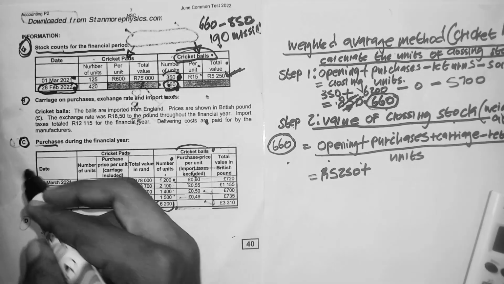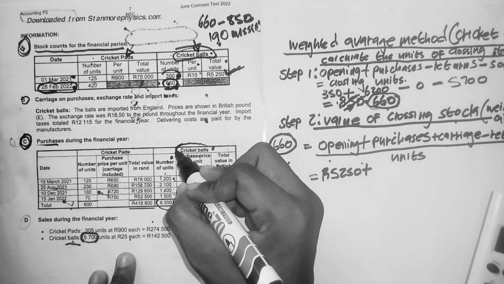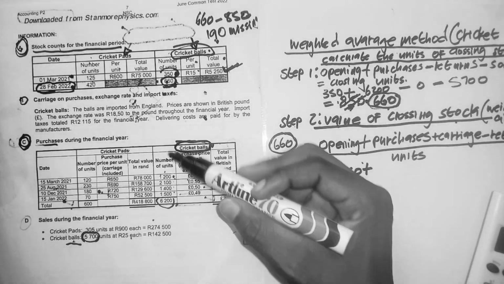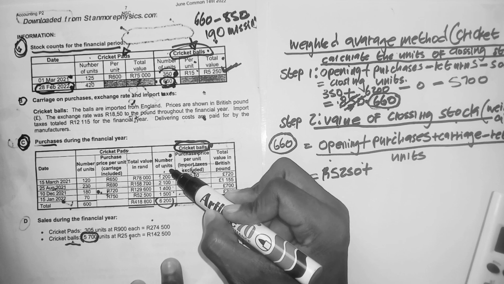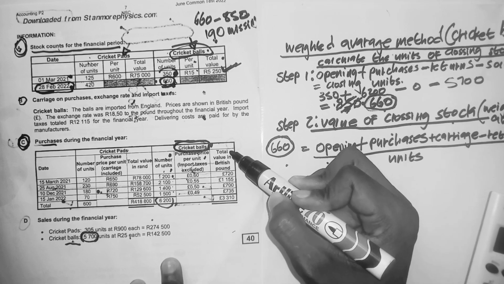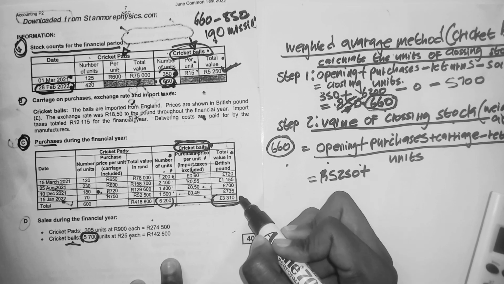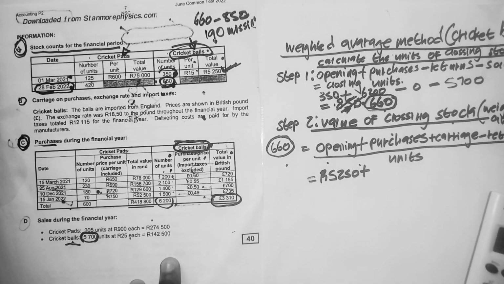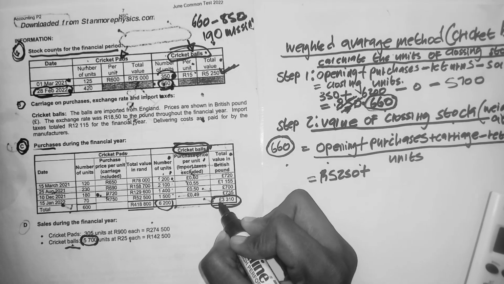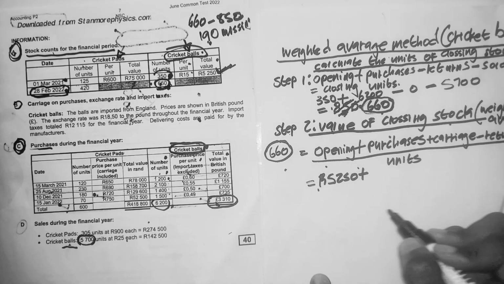Remember, purchases is information number B. Purchases for cricket balls. We are dealing with cricket balls on this activity. We have number of units, but we don't use number of units. We don't use the per unit. We use total value. So the total value of our purchases is 3,310. That's it. But remember, they are saying it's in pounds, and we don't deal with pounds. We're dealing with rands. So we have to convert this